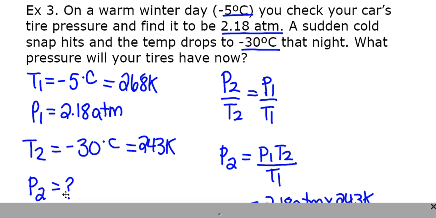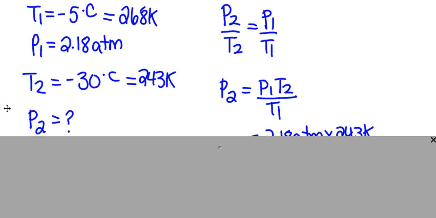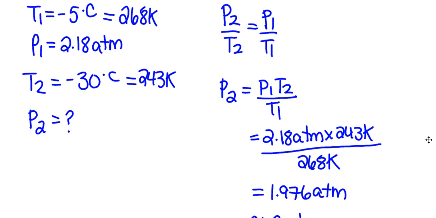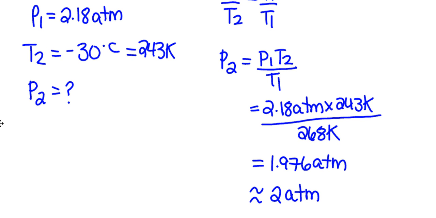So again, you have to rearrange your formula before you put in your variables to solve. So this was done similarly to the last question. Now when we take a look and plug in our values, let's see what we get. So when we plug them in, we get 2.18 times 243 Kelvin divided by 268 Kelvin. So that gives us around 1.97 atmospheres. And in this question,